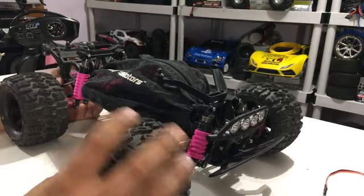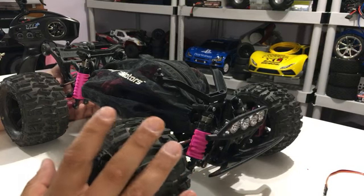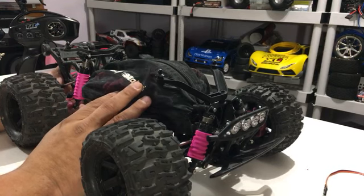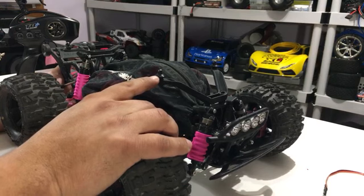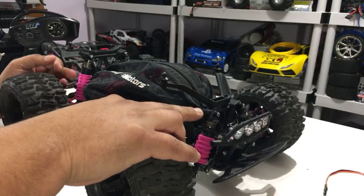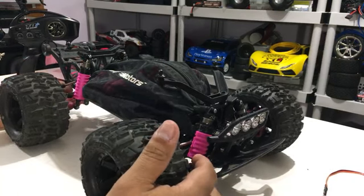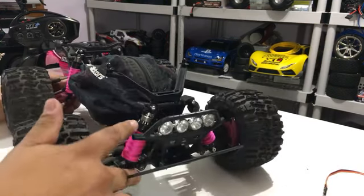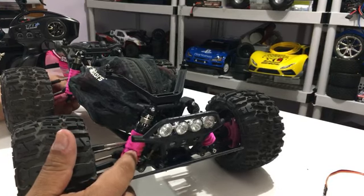All right, so let's start off with the tires. The tires are from Proline. These are the Proline Trenchers 2.8s that I have on here. As you can see, I have the Dusty Motors shroud on there specifically for the Stampede 4x4. J Concepts lowering body posts that I've installed. RPM front and rear shock towers, RPM arms, RPM caster blocks, RPM steering blocks, Proline Power Stroke shocks, pink shock covers,